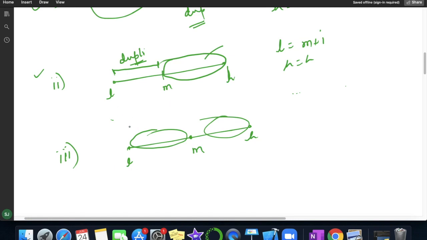For example, suppose the value at low is 5, the value at mid is also 5, and the value at high is also 5, and in between, from here to here, we have duplicate values 5 5 5 5, and here we have 1 2 3 4 and 5. So how do we ignore these elements, or we don't know what the values are in between?